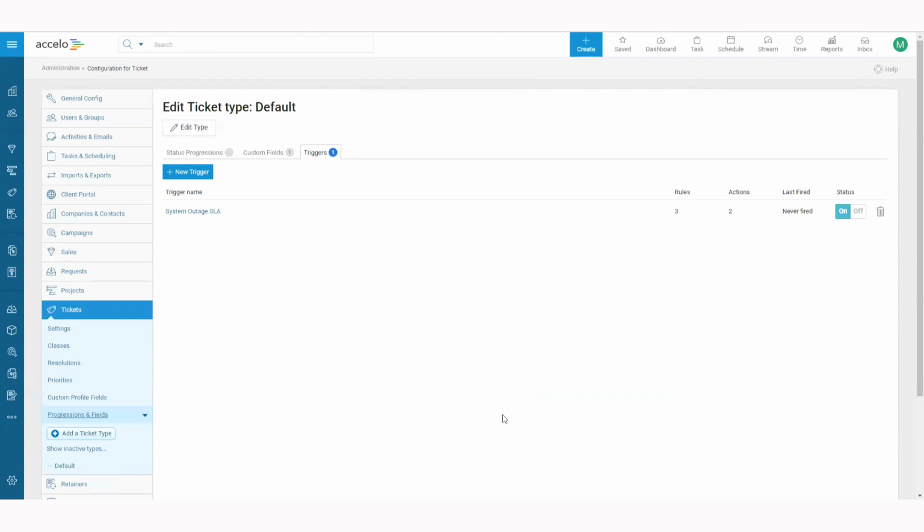Now the other SLA we'll often see is for more general day-to-day requests, where we have to get back to our clients, but we may not need to do that overnight. And we also have a different timing for getting back to them. It may not be 1 hour, it may be 4 hours, but we do need to get back to them. So let's set up now another trigger to track that different SLA with different ramifications. So we're going to add in our new trigger